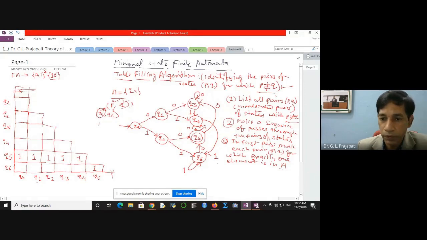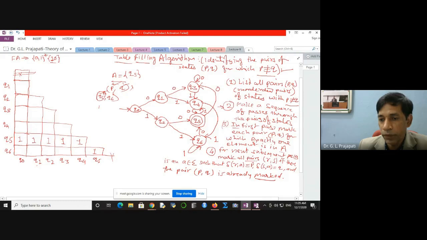What you need to do, if you go for the third pass, sorry, the fourth step, you can say this is step 3, and this is step 4. Now in the first pass we are running through the passes. From here you are making a loop. So in the first pass it is easy to mark the pairs. From the second pass, in the subsequent passes, we need to mark all pairs R, S